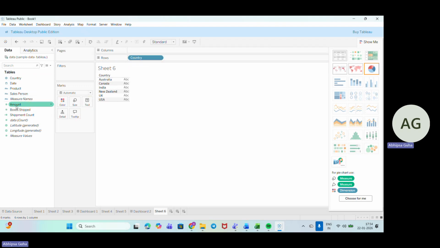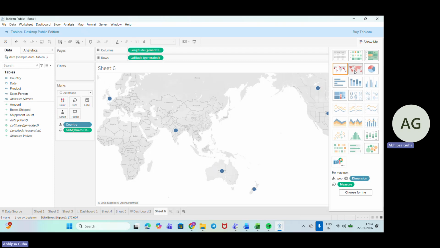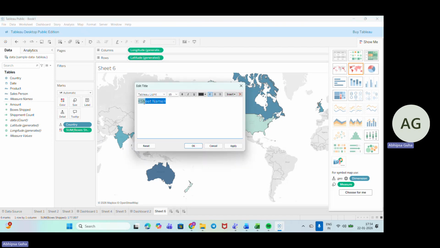We have country with the boxes shipped, and I want this chart. So this looks good. So I have got this chart, which shows the shipment in different countries, the count of shipments in different countries.